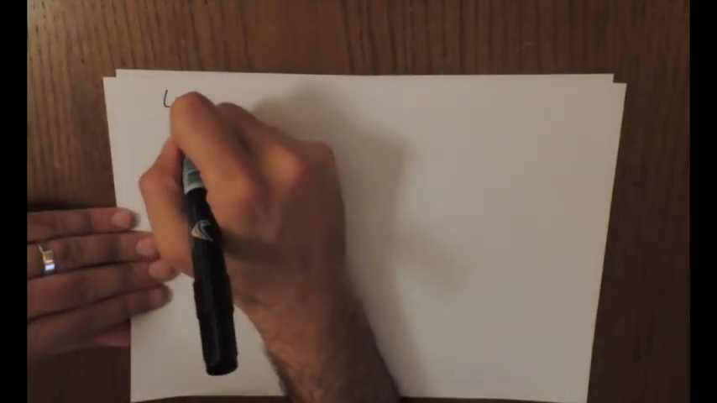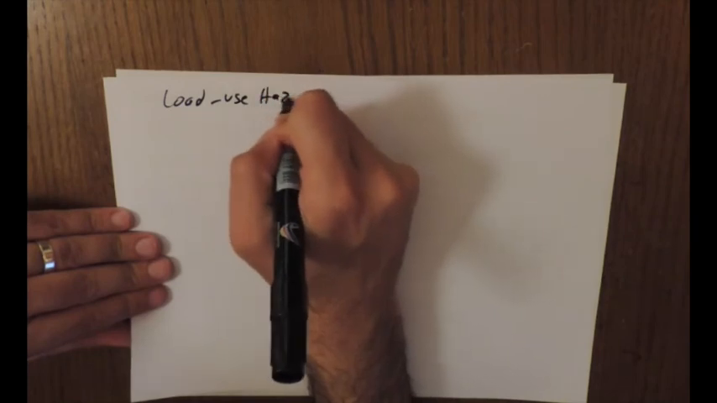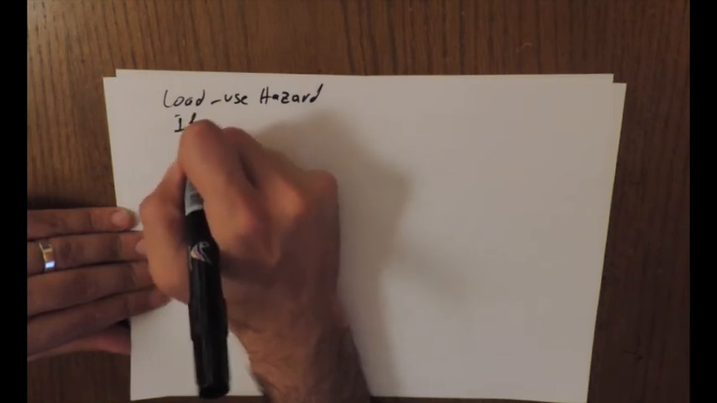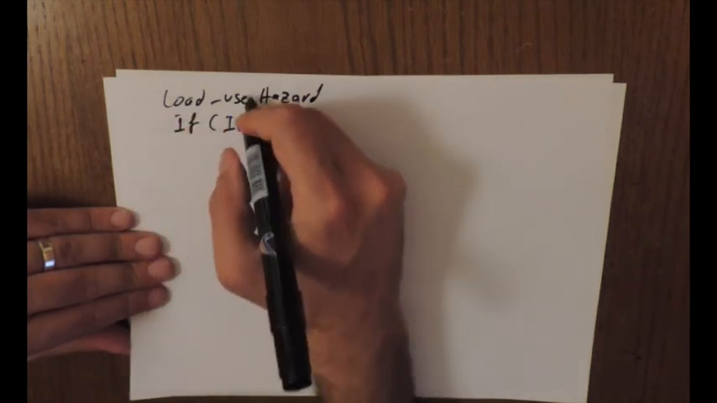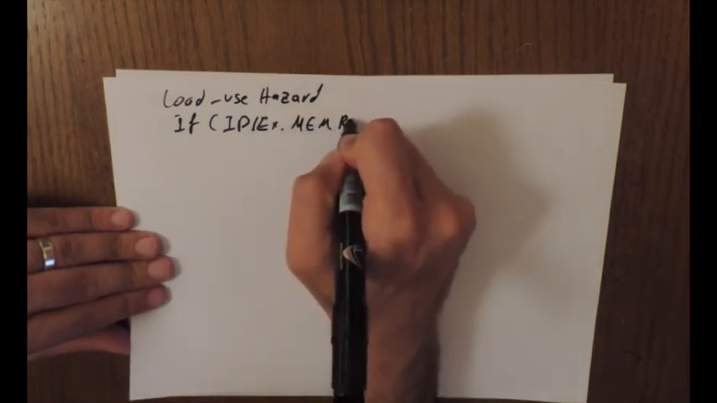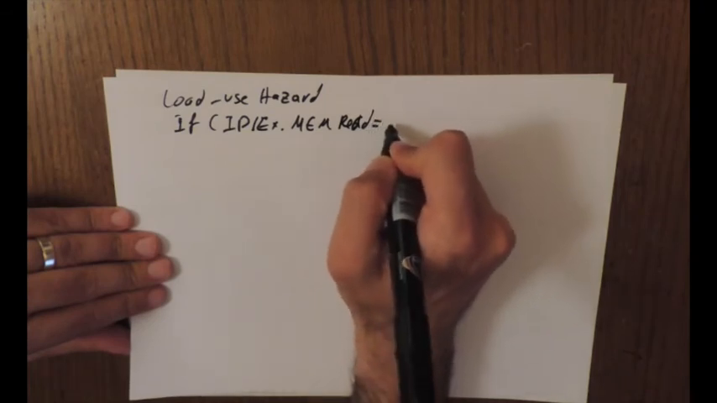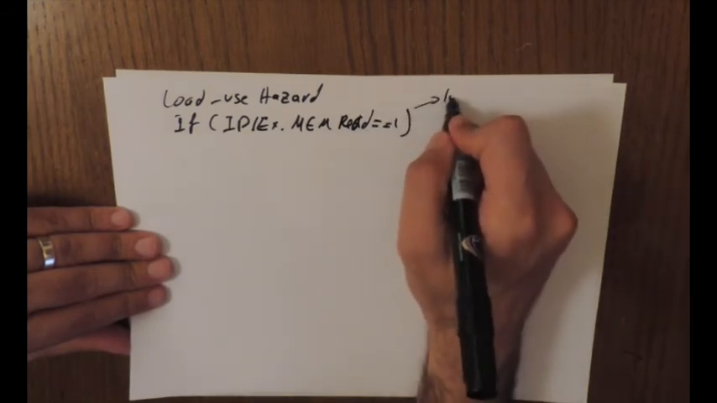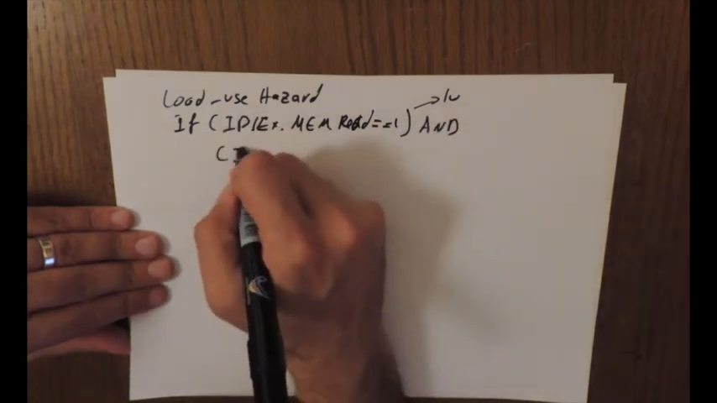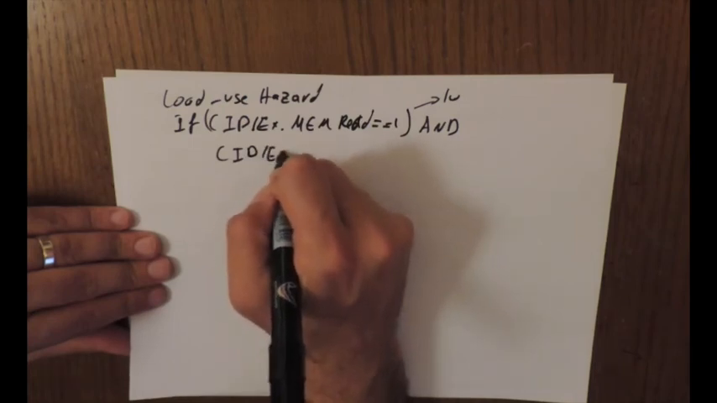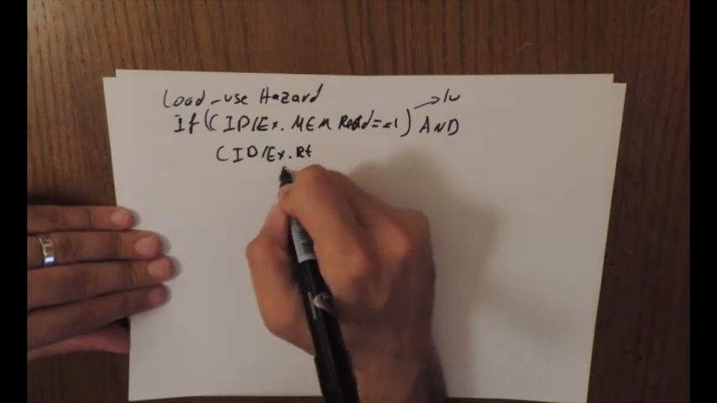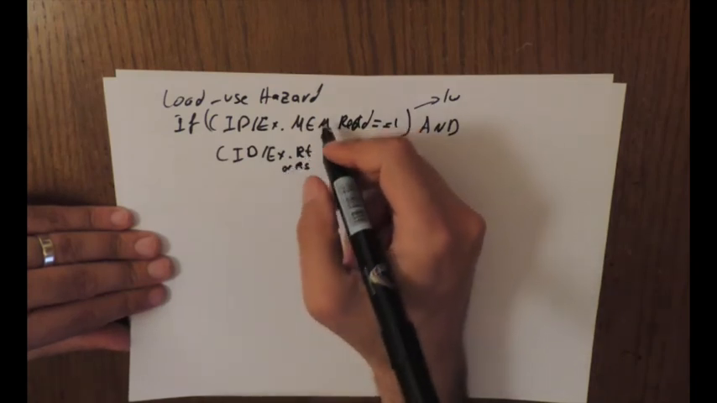These are the load use hazard. I'm going to say if ID over EX dot memory read equal 1. This means I have an LW or LB or whatever, and ID over EX dot RT, or RS in this case, so I won't write it again, equal